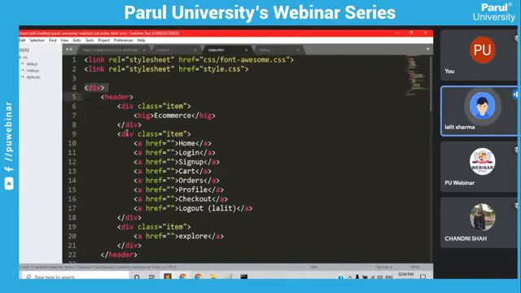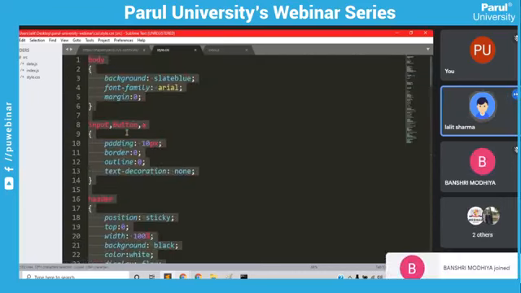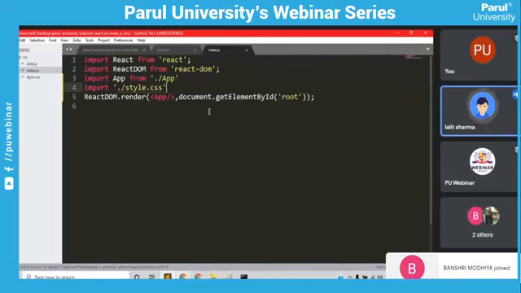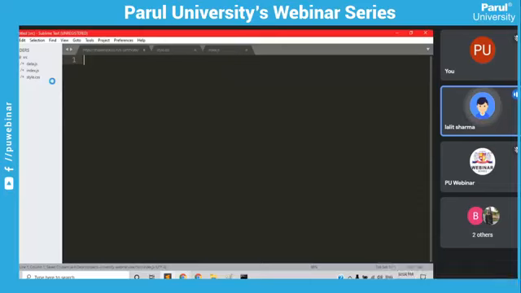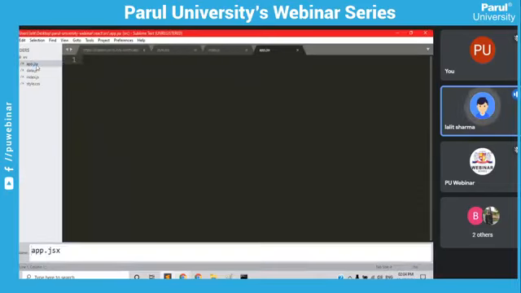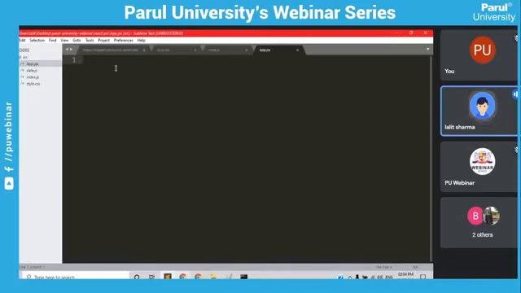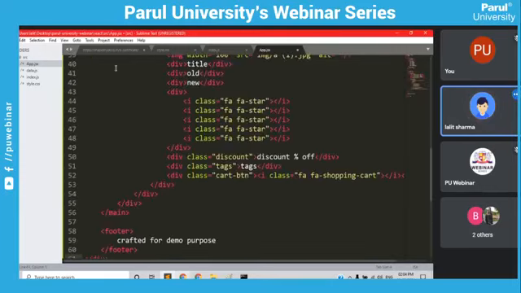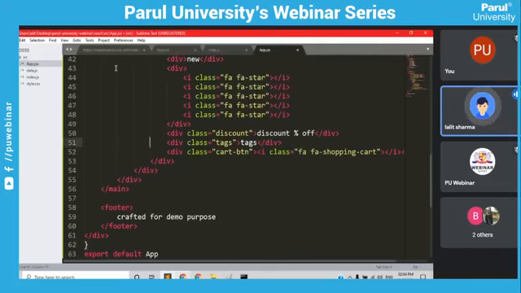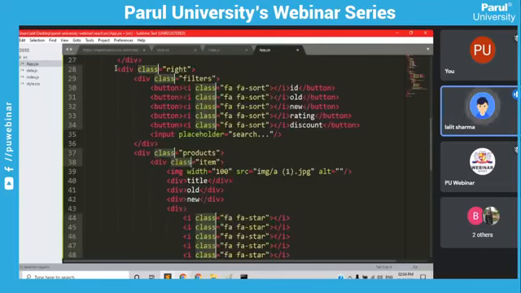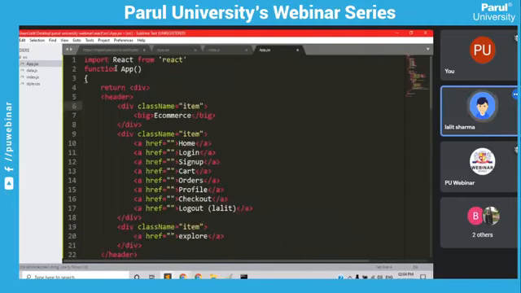But we need to convert this into React also, because currently it's not React, right? So I'll create one file by the name of app.jsx. Sorry, by mistake, it should have name of uppercase. And I'll import React from React so that I could write HTML with JS. Currently, it's not possible without Babel parser. So it's going to utilize a Babel parser that I'm going to write. So instead of writing class, first of all, I'll be writing class name. Very first thing. Second thing,